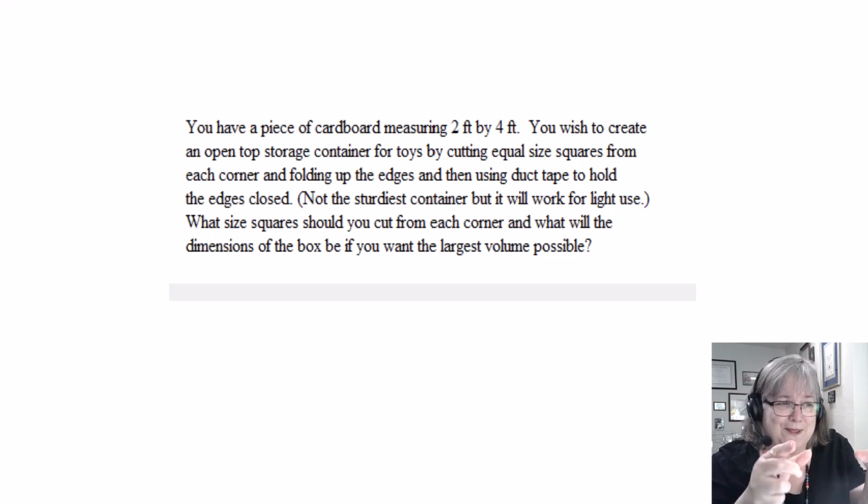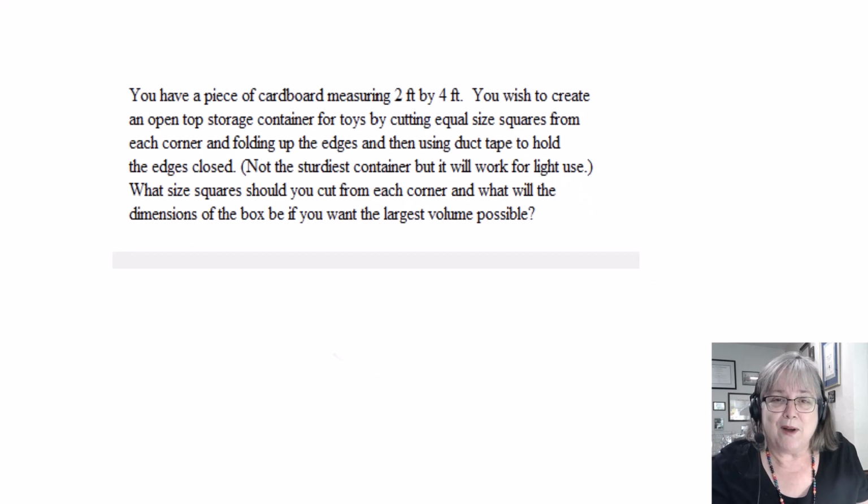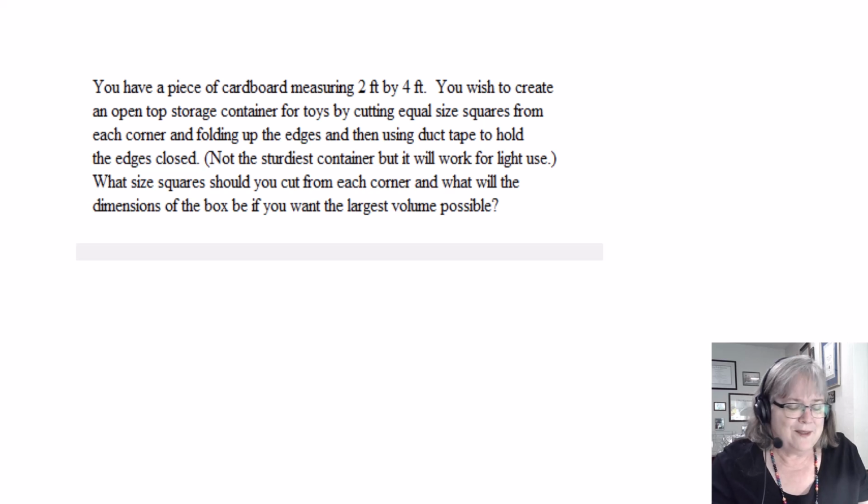Not the sturdiest container, but it will work for light use. Very light. In other words, just set it there and throw stuff in it, but don't carry it around. Duct tape will help. What size squares should you cut from each corner, and what will the dimensions of the box be if you want the largest volume possible? Okay, so what you have